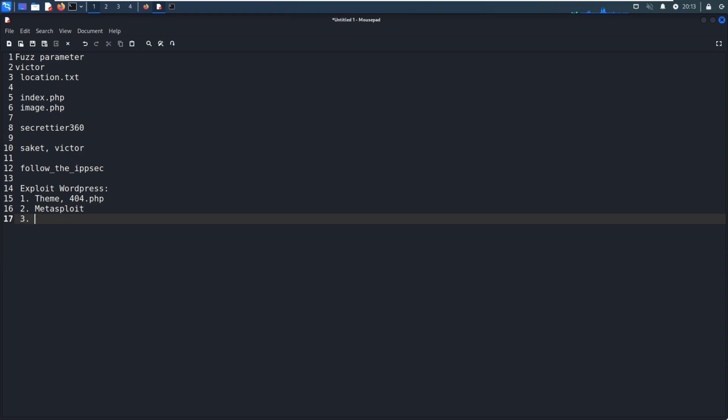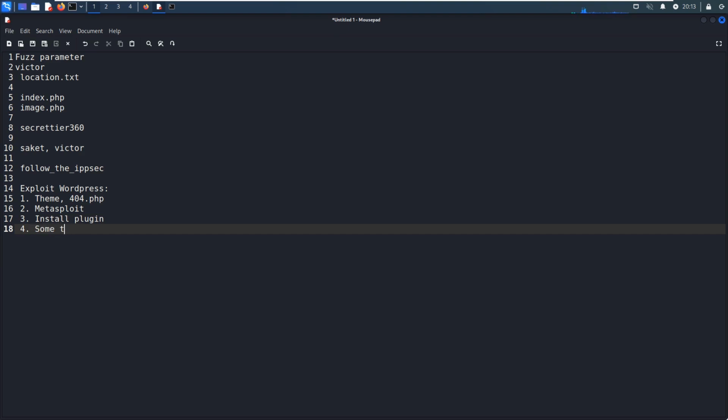And if not, then we can try to install the plugin. And if not, then we need to try something else. Okay, this should be some sort of standard methodology for exploiting WordPress.